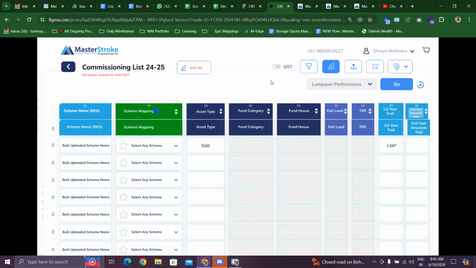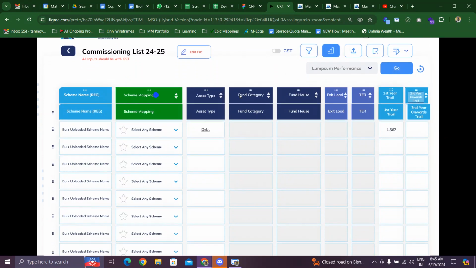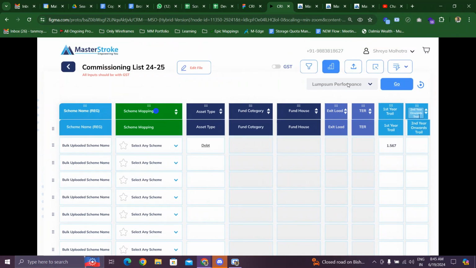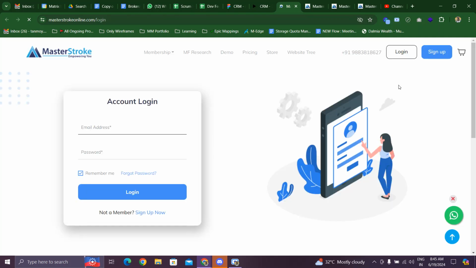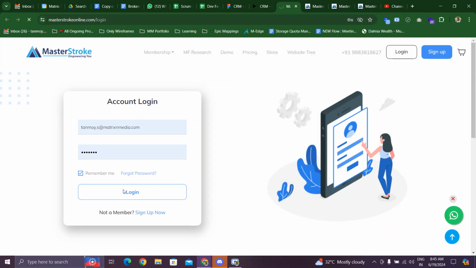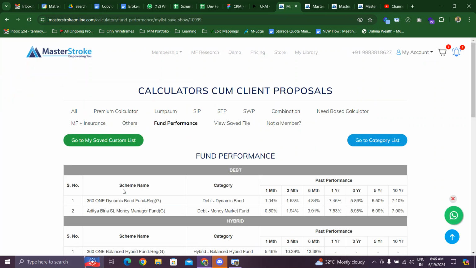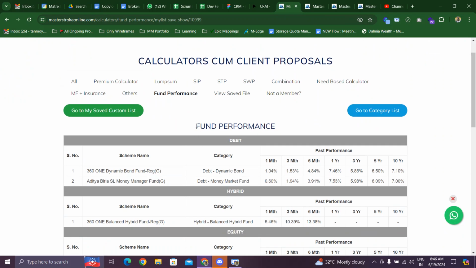So this is the report part. What is the report? If you want to see master stroke reports from this whitelisted site, you can, and the default report will be lump sum performance. So if you select go, okay, again I have to log in. See, fund performance will be showing here. The lump sum performance will be showing here